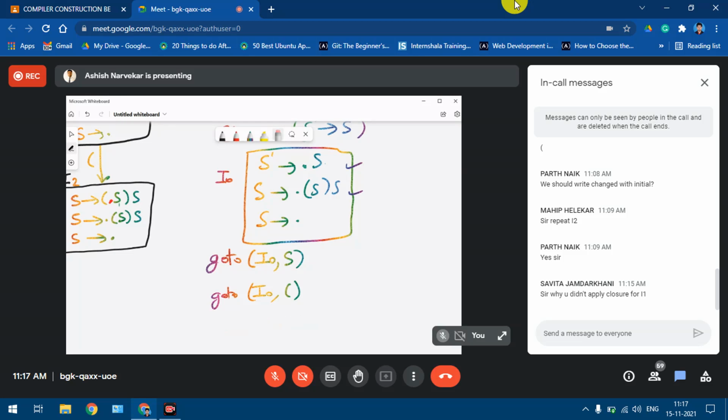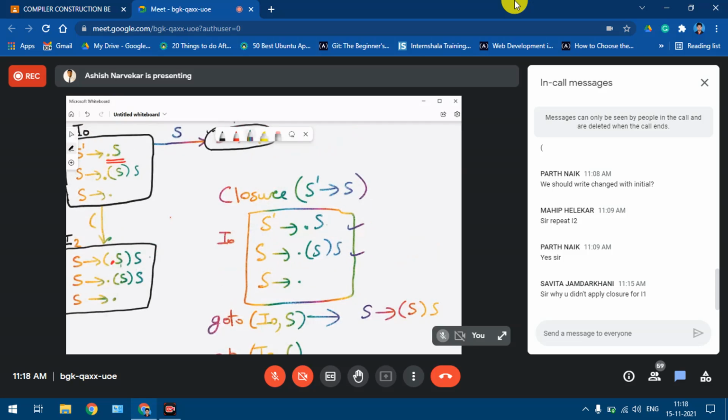When we do this, we are going to the next state. In the next state, we need to take the production wherein the dot is before S. The dot was before S over there, for I0.